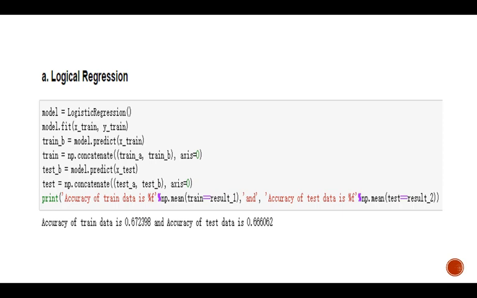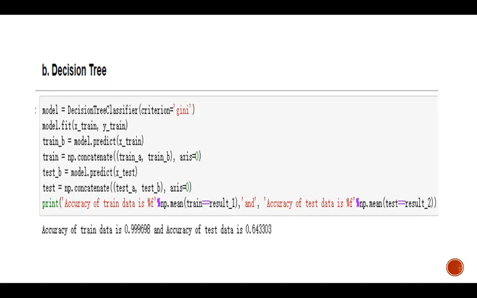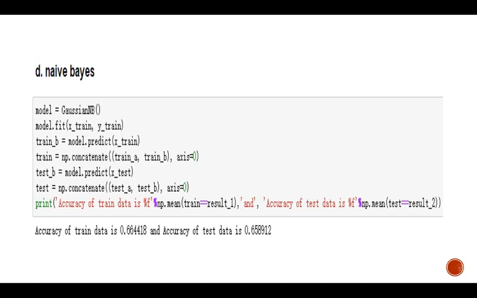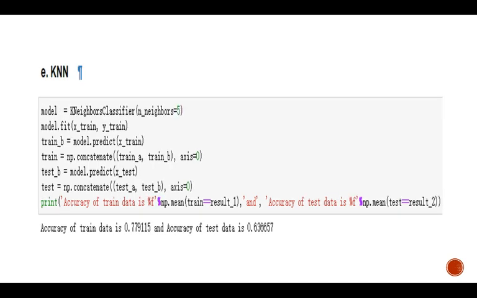And the result of the logistic regression is that the accuracy on the test data is 0.666062, and the result of the decision tree is that the accuracy on the test data is 0.643303, and the result of the SVM is that the accuracy on the test data is 0.650252, and the result of the naive Bayes is that the accuracy on the test data is 0.658912, and the result of the KNN algorithm is that the accuracy on the test data is